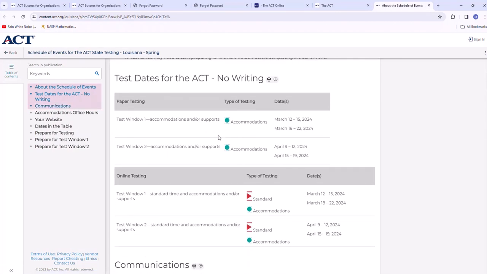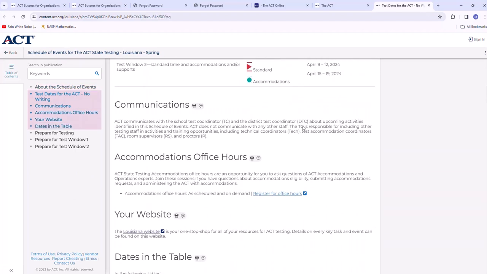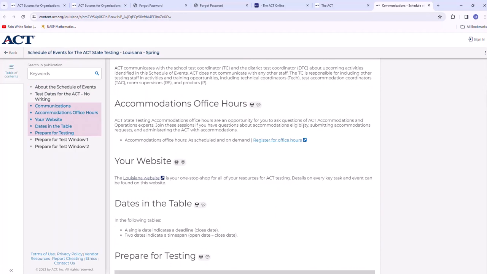All right. So the window for paper testing accommodations is the same as online testing. Notice the dates are the same. Then you have office hours right here.